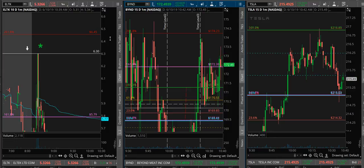BYND is something that's been on the watch list for weeks, and that's because there's two things that we need as traders to capitalize on the trading plan. We need range, right? We can't have a game plan for something if it has very, very tight range. It's just not moving. It's going sideways, consolidating, what have you. So we need range and we need liquidity. And the great thing about BYND is that even though small caps have been dead, BYND has been in play for the last couple of weeks. And I think that it's going to be in play moving into the next couple of weeks as well,